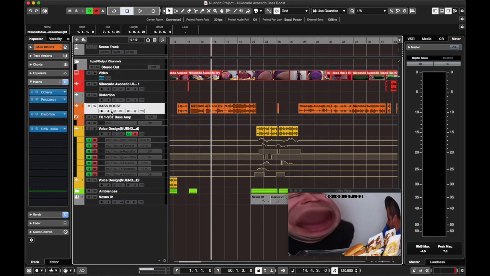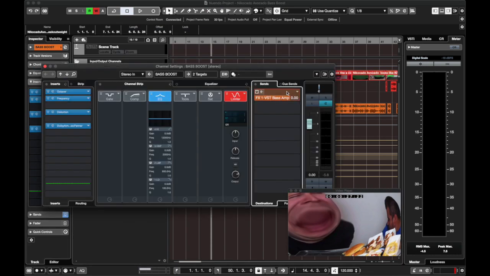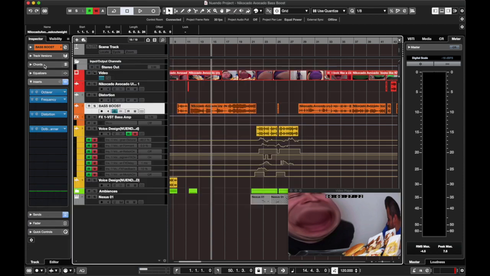I use a sub bass with some alterations just to make sure everything's running good, which is sent through my bass boost as pre-fader. And of course I included a limiter, but it is what it is. So I think that's all. That's all I need to show you on how I bass boosted my Nikocado Avocado videos,